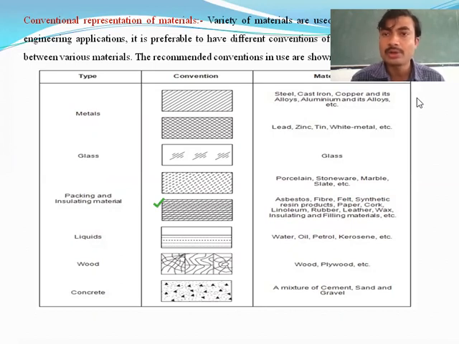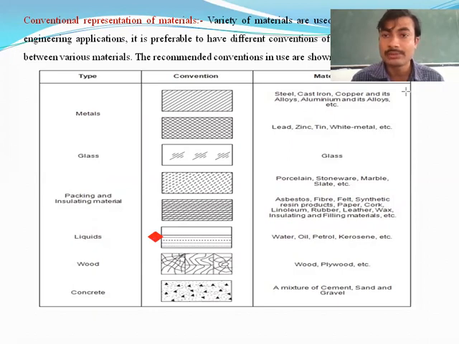Suppose let us consider there is a pipe. In that pipe, water is flowing or a liquid is flowing, or let it be petrol, whatever it is, that is to be indicated by the liquid convention. I'm going to indicate that by a diamond symbol. Whenever you see a dotted line in the conventional representation, you have to understand it may be either water or diesel or petroleum, etc.